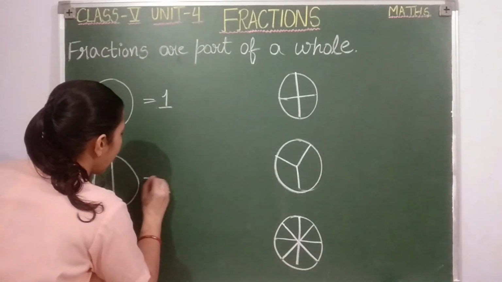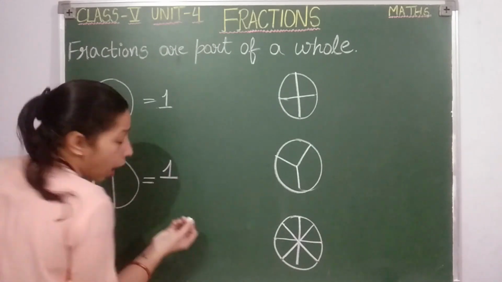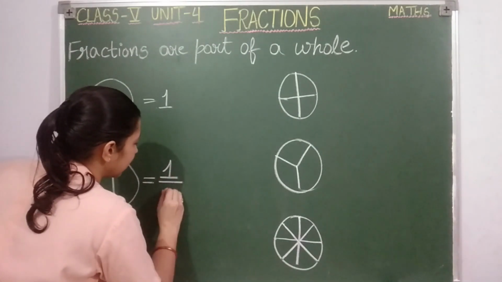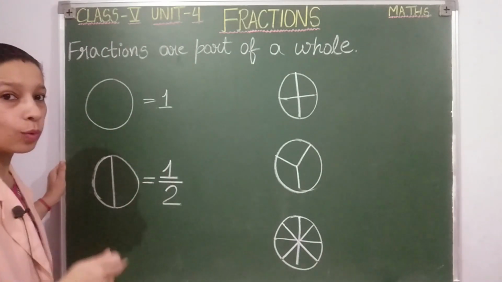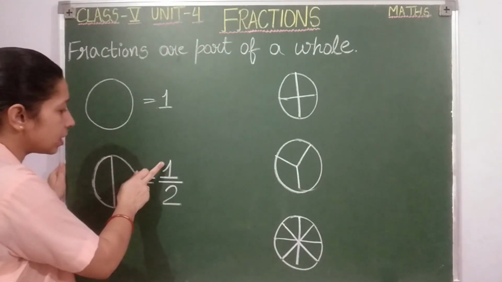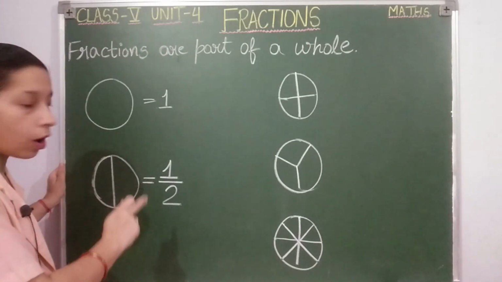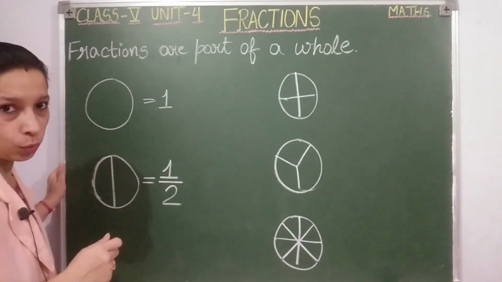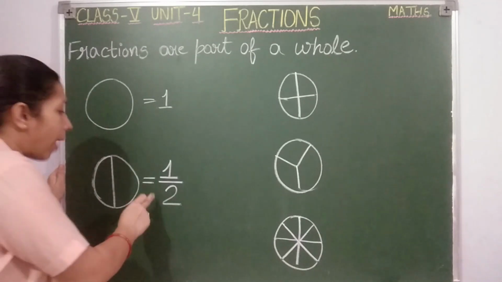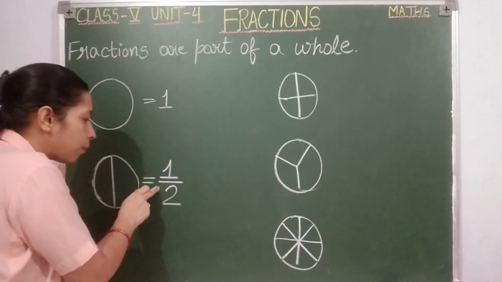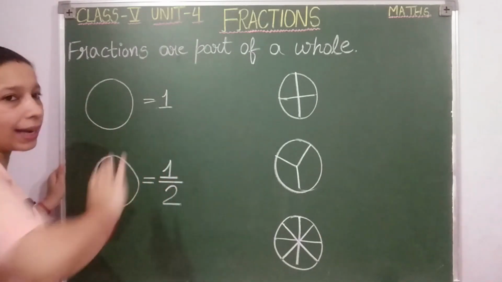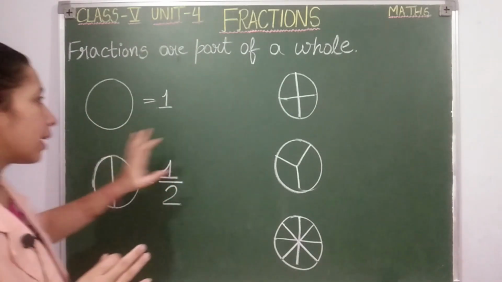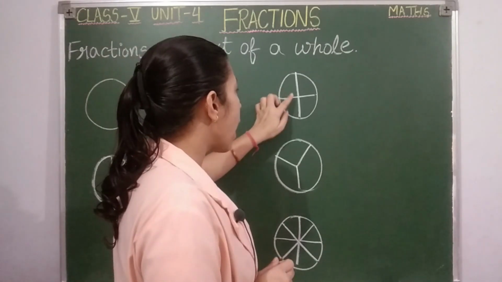So here I am writing half. How to write half, students? Like this. I have written here 1 upon 2. What I am calling it as? I am calling it as 1 upon 2 or 1 by 2. Why I am calling it upon or why I am calling it by, that we are going to discuss in few minutes, but just now I am writing the numbers.